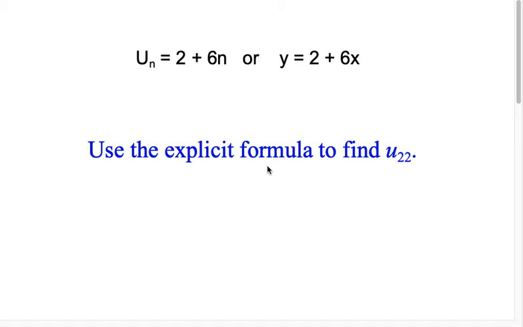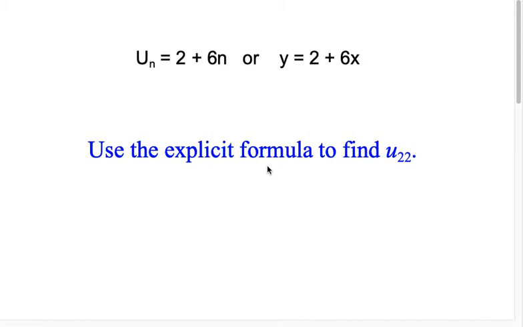This is section 1.5, video 2. We just have 2 slides to go through here. When you look at what's on the screen, hopefully what you see is familiar. u sub n equals 2 plus 6n, or y equals 2 plus 6x. Really, they're the same,